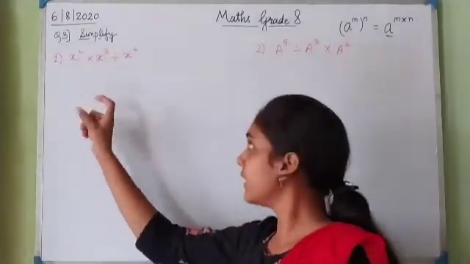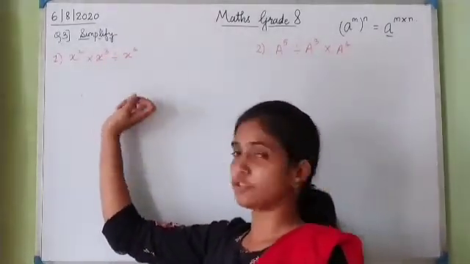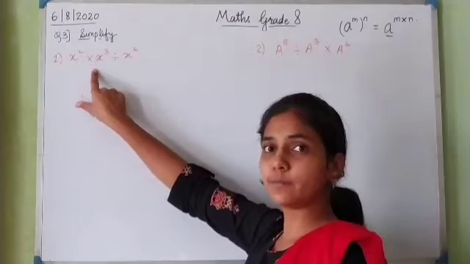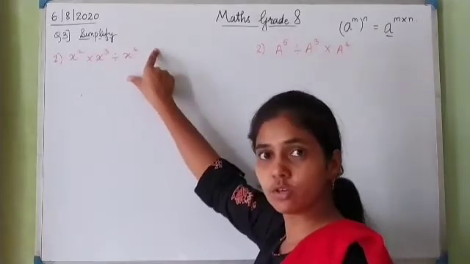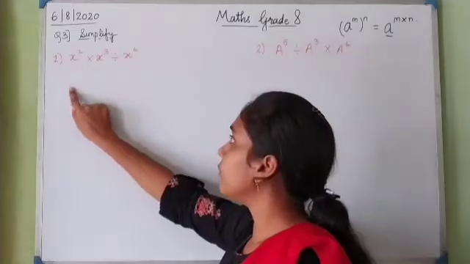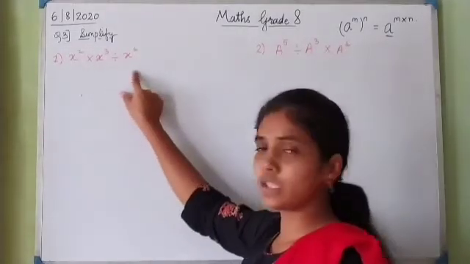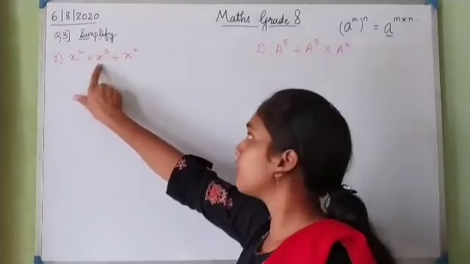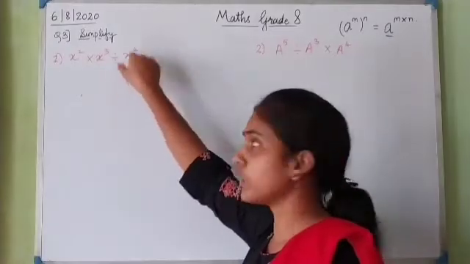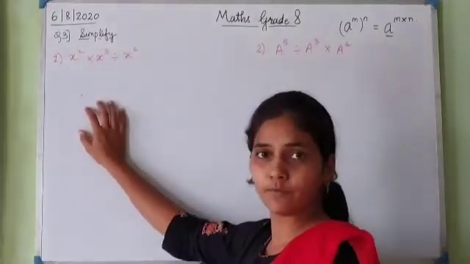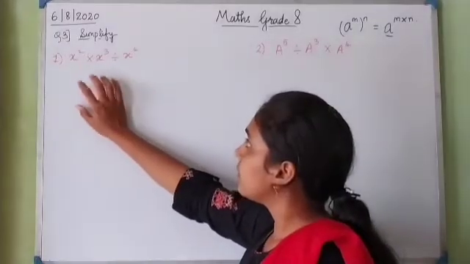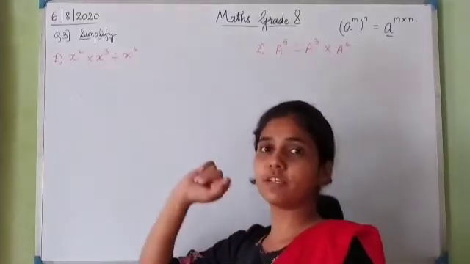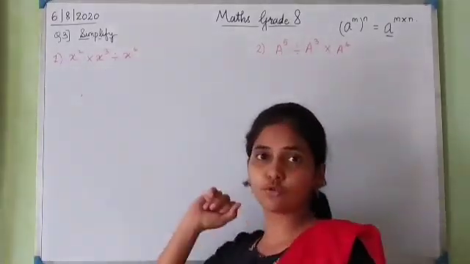Question number 3 is again simplify, but here there are more operations to be done. Okay. So look at the first example. It is x square multiplied by x cube divided by x raised to 4. Okay. So here when you see this question, you will think that first we will solve this part first, and then we will solve the other part. Okay, because to solve this sum we have two parts to solve, right? So you think that we'll do this first and then whatever answer we get, we will divide it by x raised to 4.